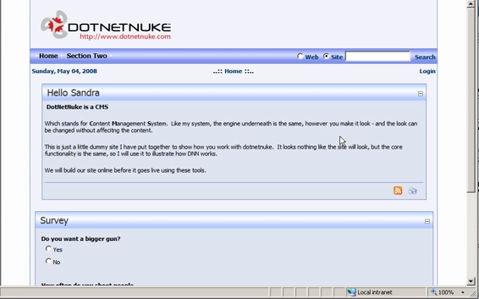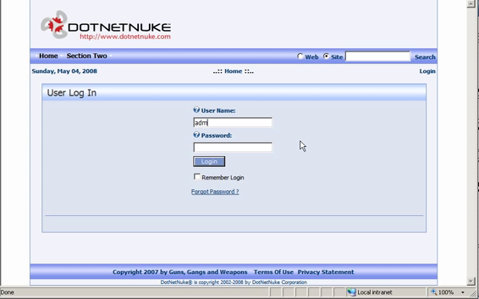In this video we're going to look at the permissions functionality of .NET Nuke. Our main interest here is what you're allowed to do in terms of permissions for pages, but in order to understand that we first have to have a little look at what the administrator can do. So I'm going to log in as the admin,